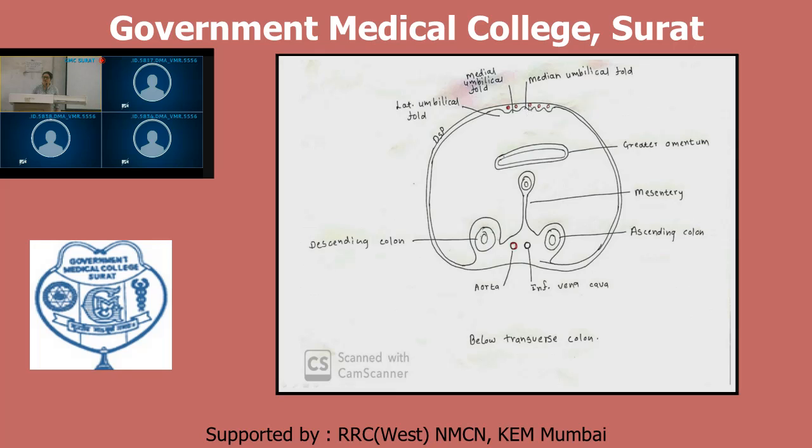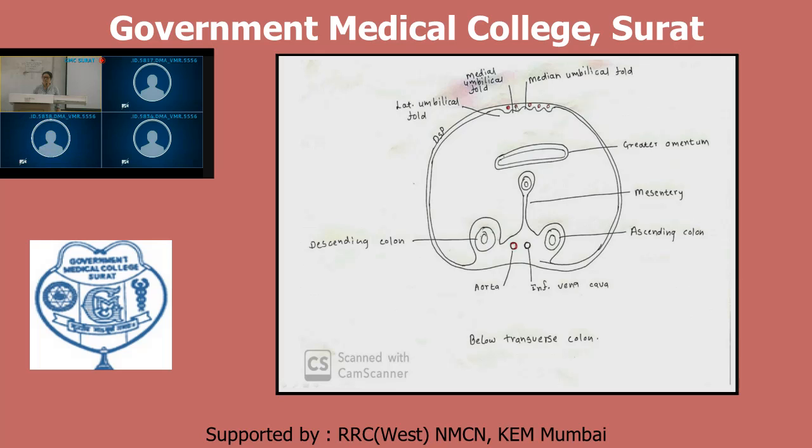So what did we study? Two umbilical arteries and two umbilical veins. Out of this, the left umbilical vein was left, and the right one obliterated. But there were two umbilical arteries. Those two umbilical arteries that remained after birth form this medial fold. This is the obliterated umbilical artery, this one and this one. So the middle fold is the median umbilical fold, and the next is the medial.